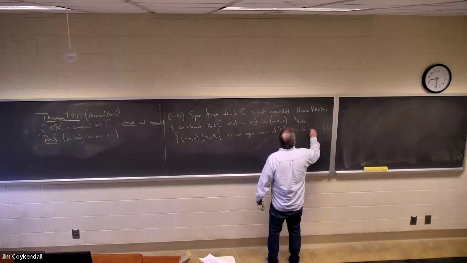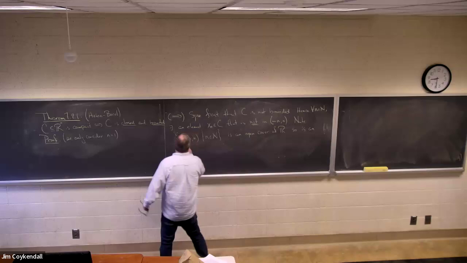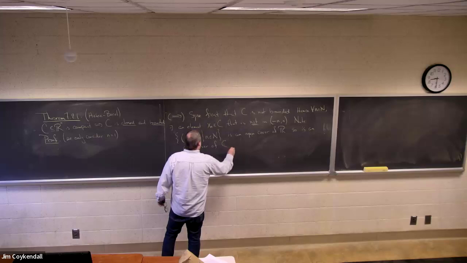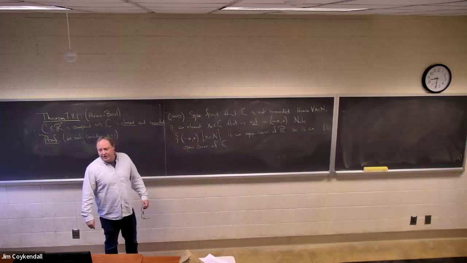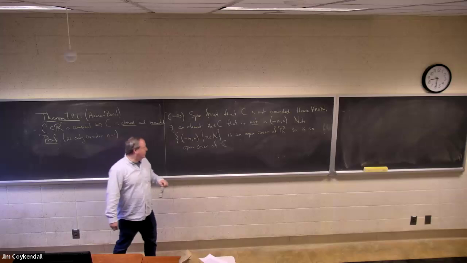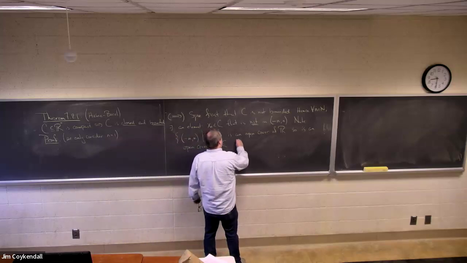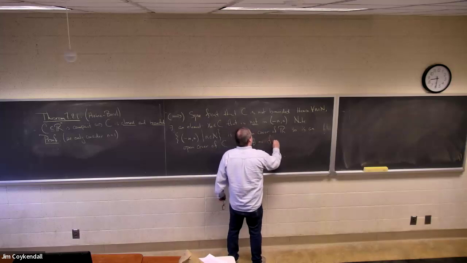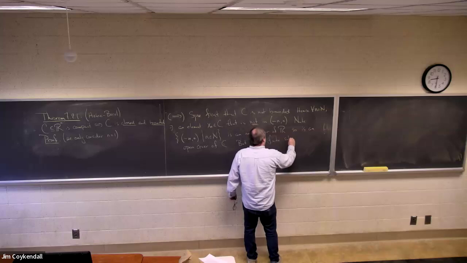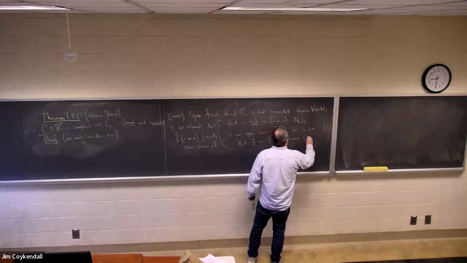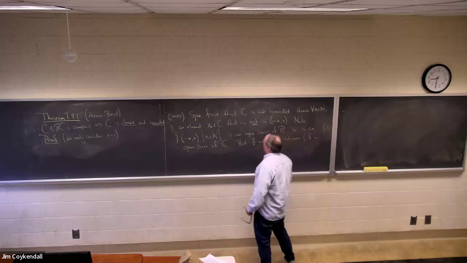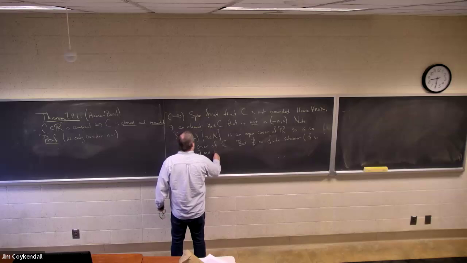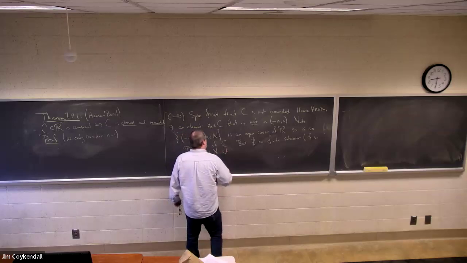So this is an open cover of C. Because if it covers all of R, it certainly covers C, which is a subset of R. But there exists no finite subcover. If so, there exists M in the natural numbers such that